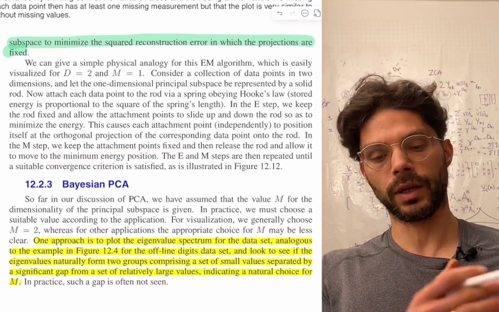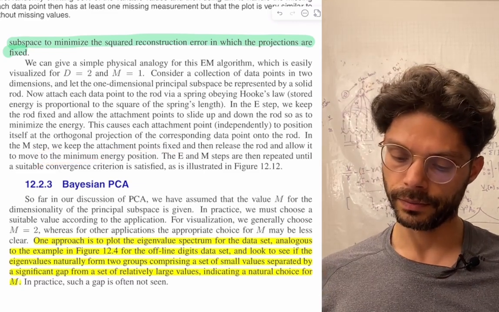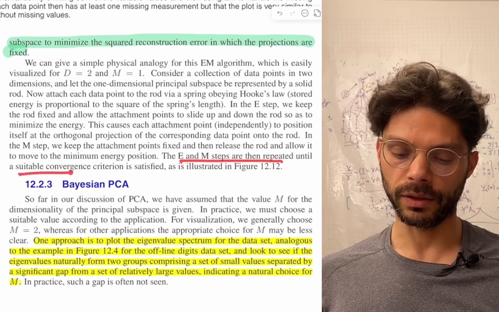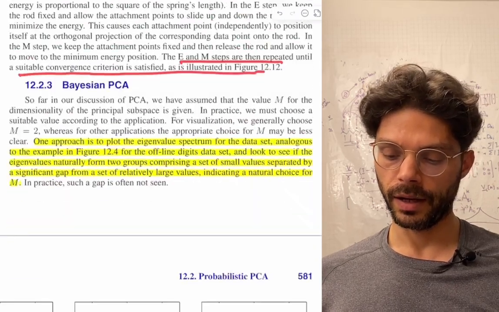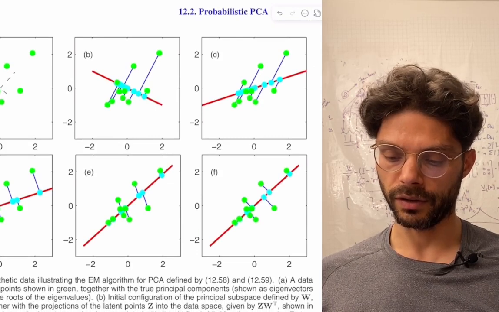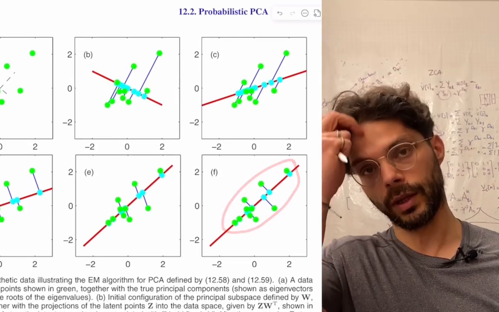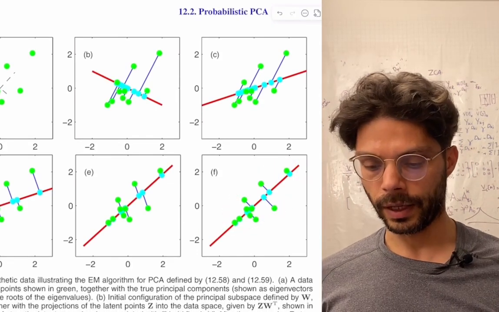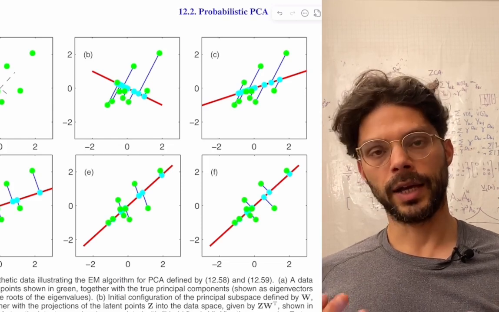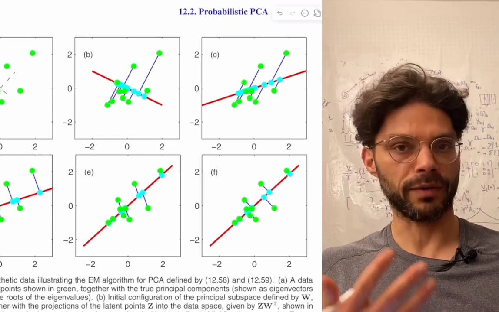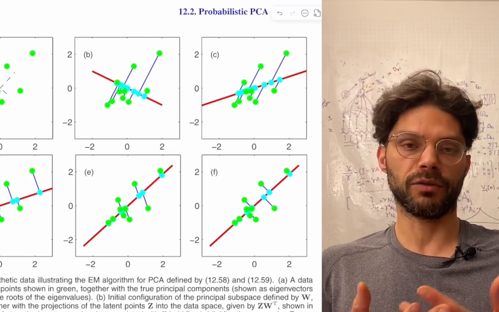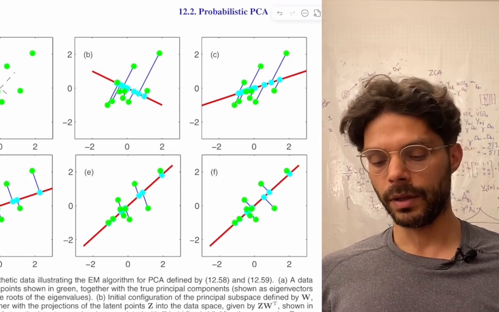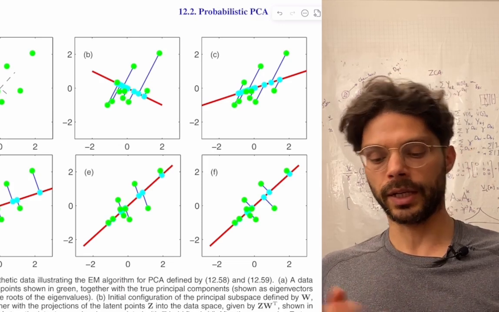So we're just moving down this energy surface. The E and M steps are then repeated until a suitable convergence criterion is satisfied, as illustrated in the figure. So eventually it settles on this. That's pretty cool. I think it might be worth animating at some point, just to see it all happen, and also to emphasize the energy minimization that we're effectively doing. In real life, these two processes would happen at the same time, whereas here we're alternating back and forth